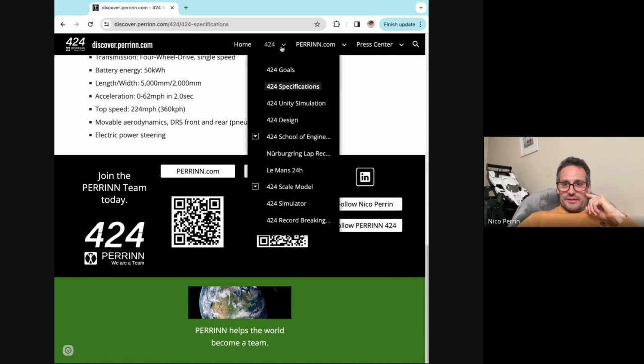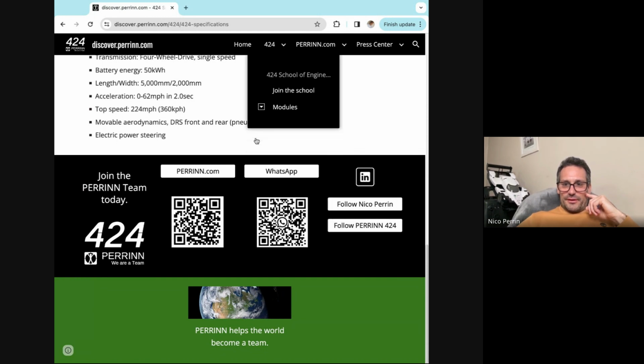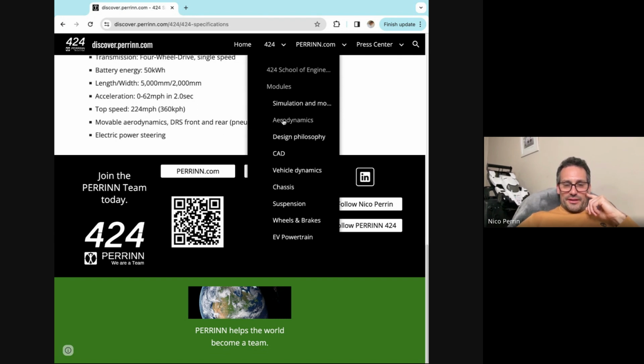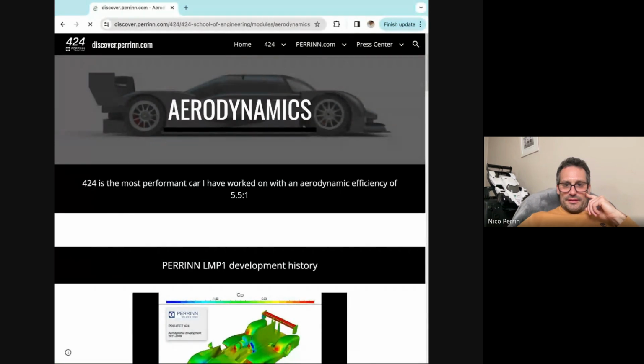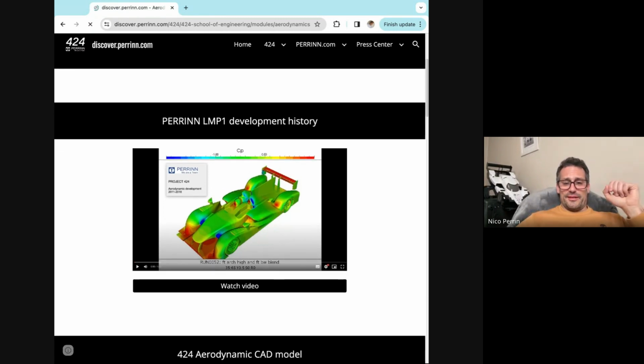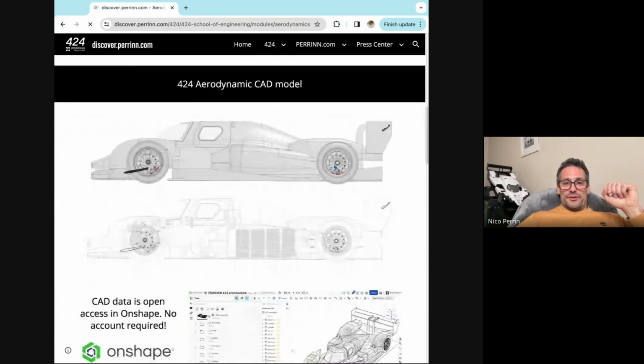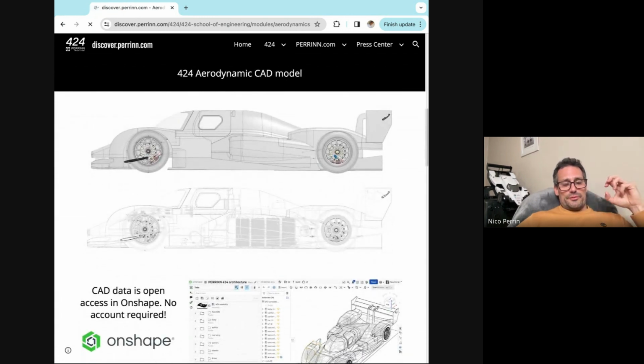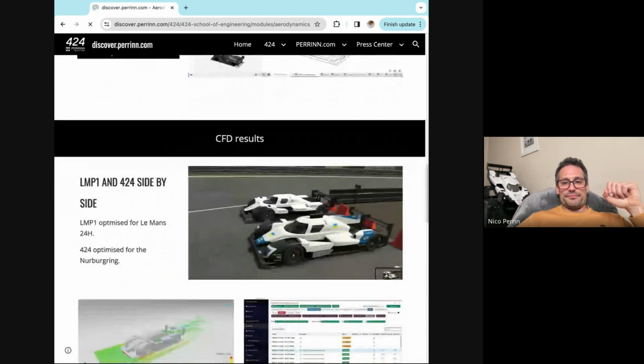So you can find all the material on the 4-to-4 School of Engineering modules and aerodynamics today. Okay. And we're going to have a number of sections. It will start with a little bit of history of how Perrin started from an aerodynamics development point of view, some 13 years ago now. We're going to go through the process I use when we do CFD development, starting from the CAD model in Onshape,